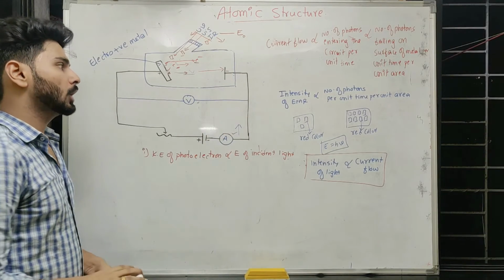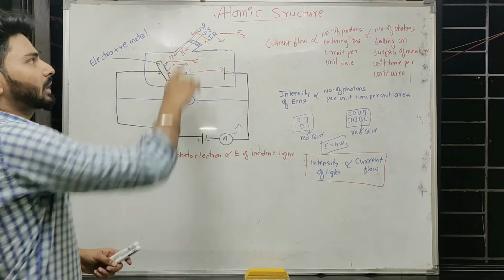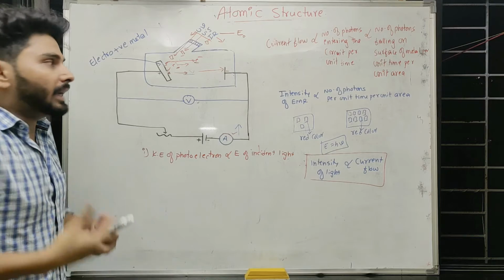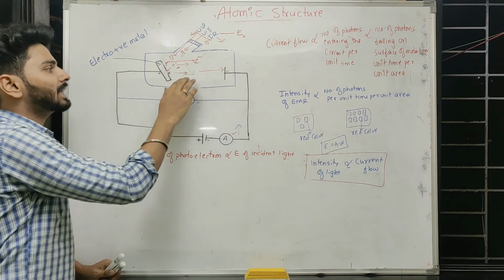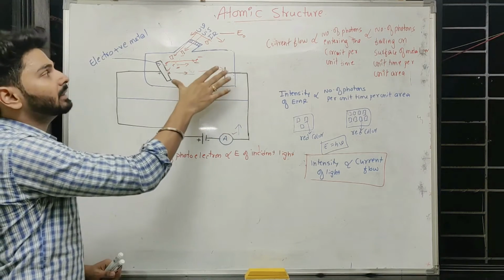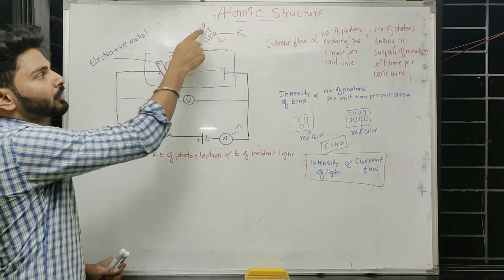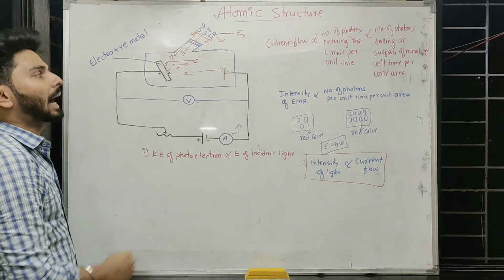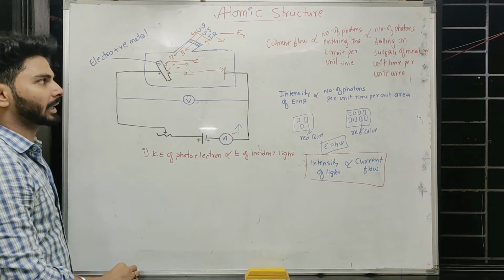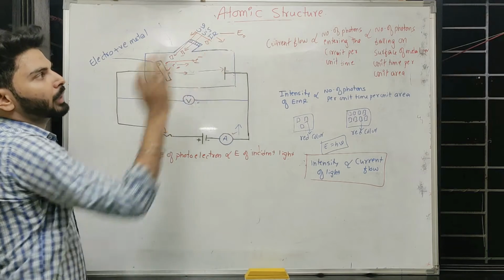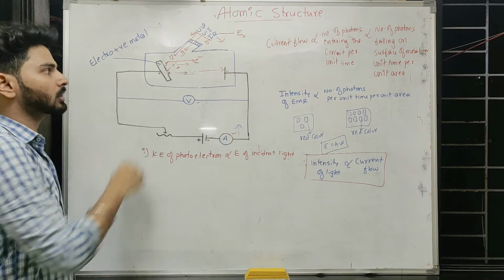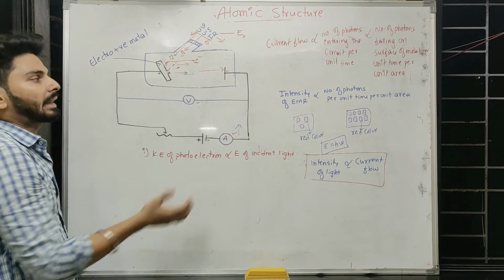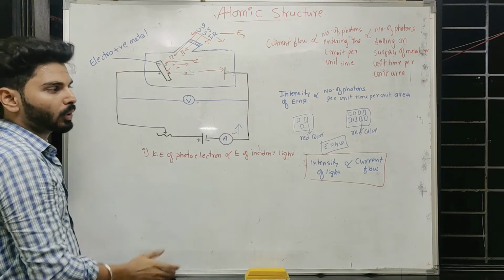So you may think that there is no role of the energy of incident light in current. At the initial stage, to make sure that these electrons enter the circuit, we have to supply photons of that qualified energy. Otherwise these electrons won't reach the circuit. If I am applying infrared, radio waves or microwaves, lower energy photons, they won't show the photoelectric effect at all. That means no electrons are ejected. In that case, no electron will enter and there will be no current, definitely.